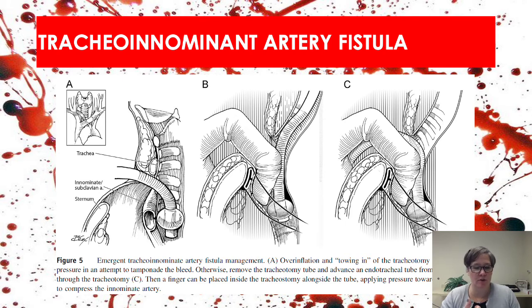Now, while erosion from the tube takes longer, it's equally catastrophic and looks just like this picture. For these tracheoinnominate artery fistulas, there's oftentimes what we call a sentinel bleed, where you have bright red blood, a smaller amount, it starts, it stops, and then all of a sudden, whoosh, the floodgates open and you've got blood everywhere. So if this happens, you have to hope that you're actually right there when it does. You try to get a finger into the stoma to apply pressure on the artery. If you can't get your finger in there, which is really hard to do with a trach tube in place,